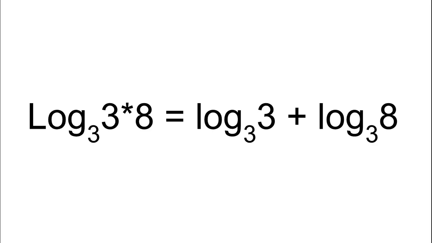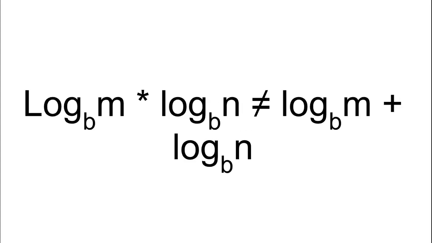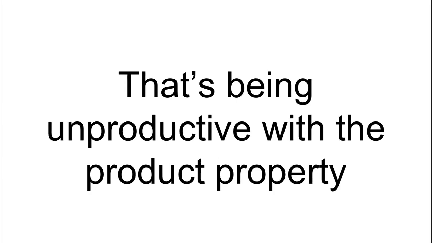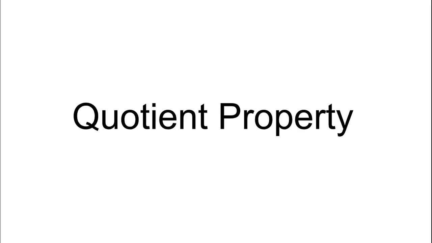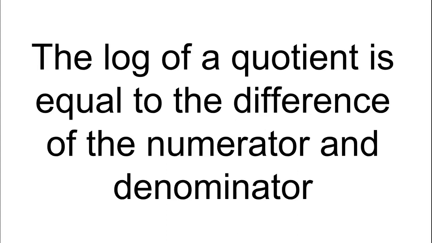But you gotta be careful, because you can't do this. Log base b of m times log base b of n is not equal to log base b of m plus log base b of n. That's being unproductive with the product property. Don't do that. Next up is the quotient property, and it's the log of a quotient is equal to the